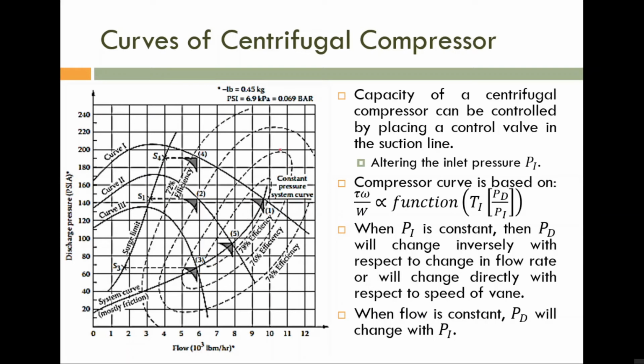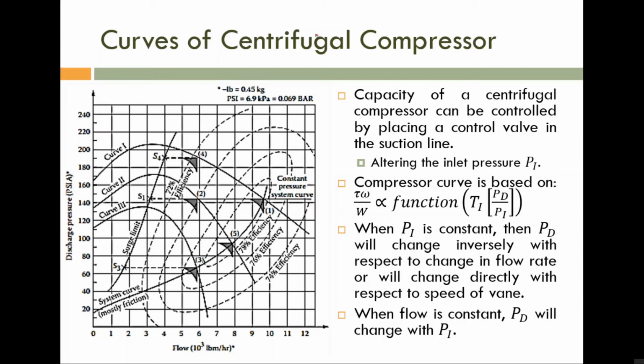Okay. This dotted line is the efficiency curve. That one is not so important for our discussion, but please note it. And this one is a special line. This is known as the surge limit. I will tell you what the surge limit or surge point is. So please note down this diagram. The y-axis is discharge pressure, the x-axis is flow.